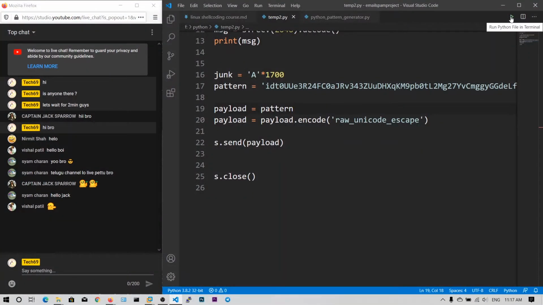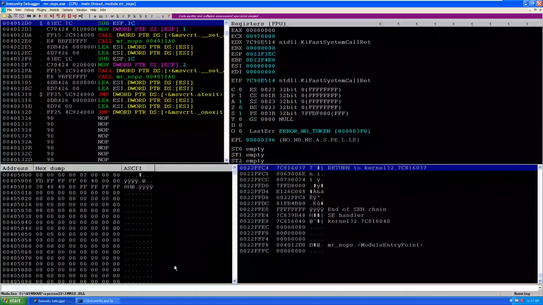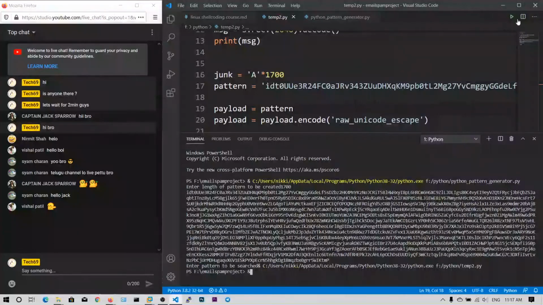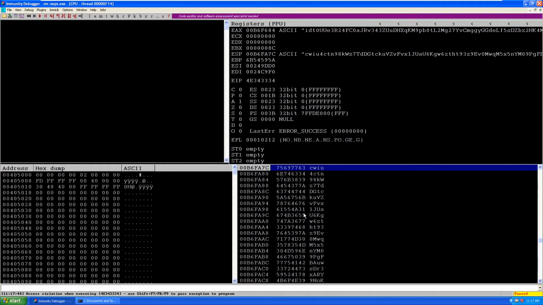So let me run the Python script, guys. Okay, it did not run. Okay, now we have overflown the program's memory with our pattern.